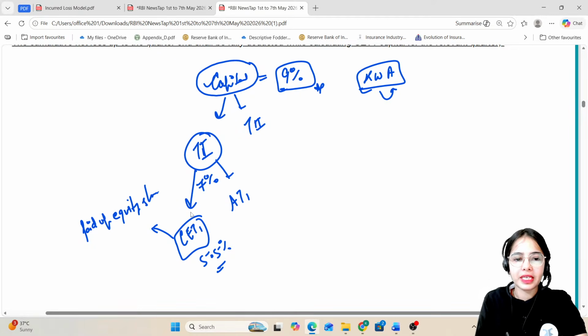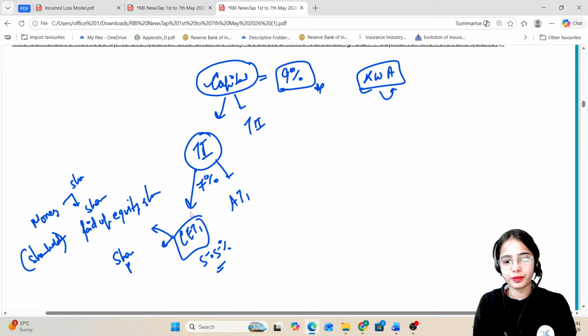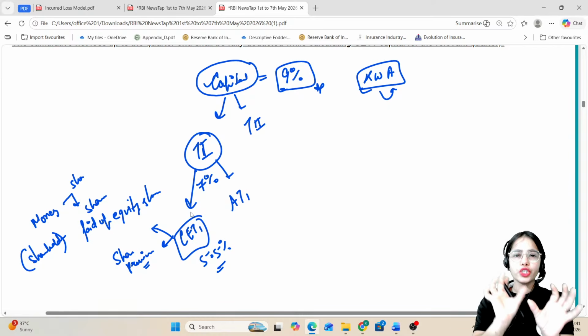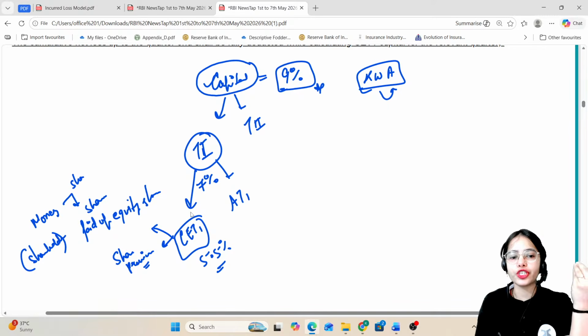Paid up equity share basically means the money that the shareholders have provided to the company. The money invested by the shareholders in the shares goes to the company, and this is the liquid capital with the company. Other than this, there is share premium. There are certain shares that are sold at a higher valuation, so whatever additional value comes from selling the shares goes to the share premium.